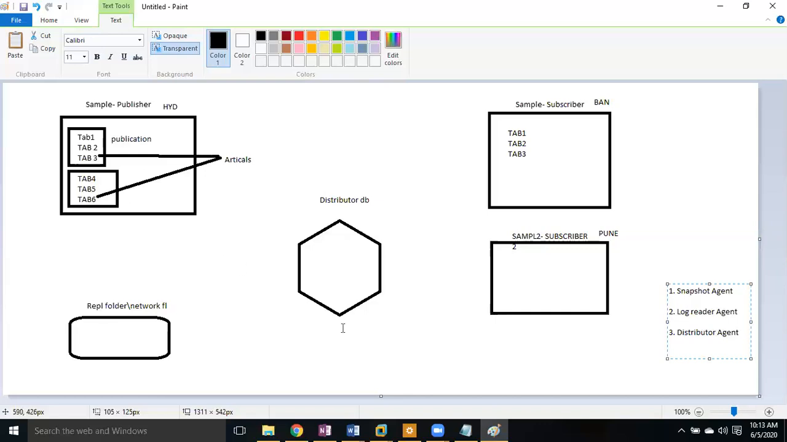Okay, so we already configured the distributor. Now we have a distributor database. The distributor database we can create in a separate server. Either we can create it at the publisher, or we can create it at the subscriber. Any server you can create the distribution database, or we can also use a separate server for distribution. So generally people prefer to configure it at either the publisher or the subscriber. They don't prefer to use a separate server for distribution, right? So yesterday we created a distribution database at the publisher, so we can use the same distribution database for